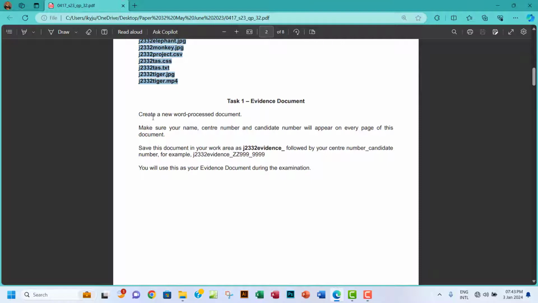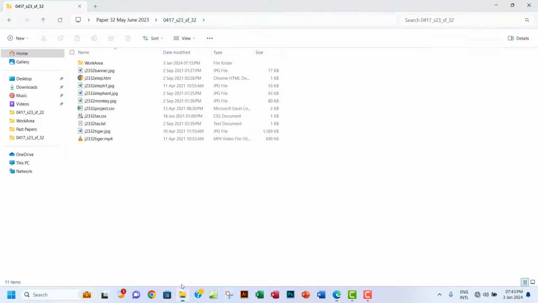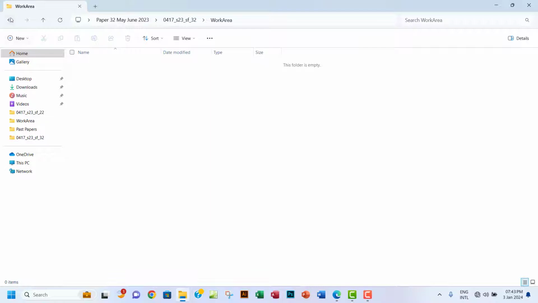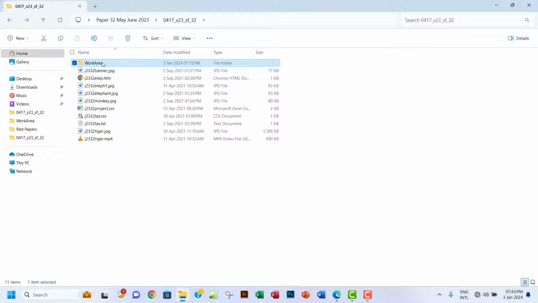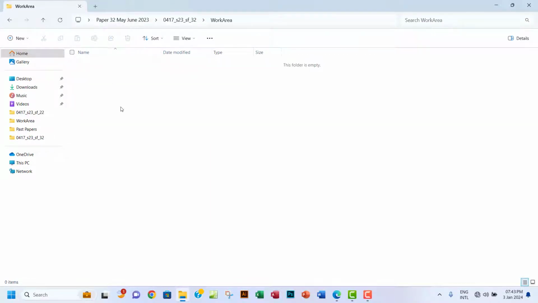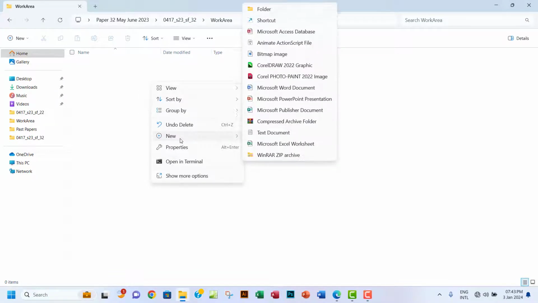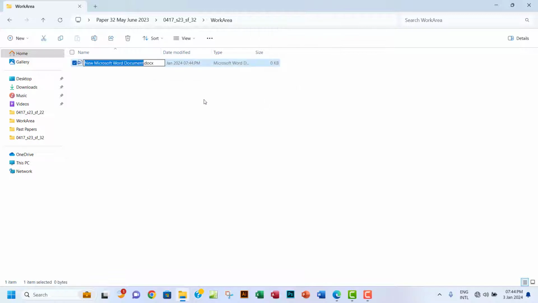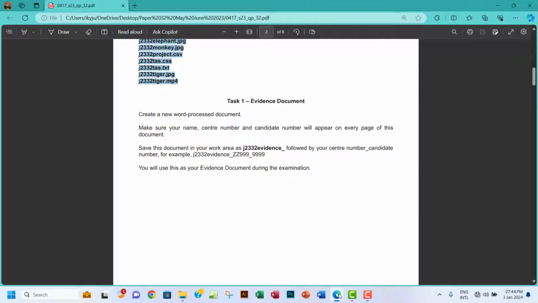The question says create a new word processed document. Make sure your name, center number, and candidate number will appear on every page of this document. So I'm going to go to my work area. I already created a folder called work area, where I like to have basically all my printout. I'm going to right click here and create a Word document. What do I call the Word document? Save the document in your work area as